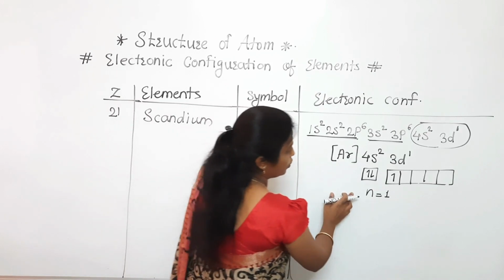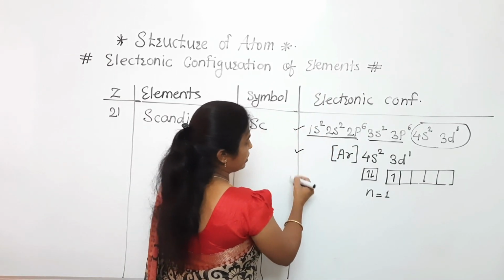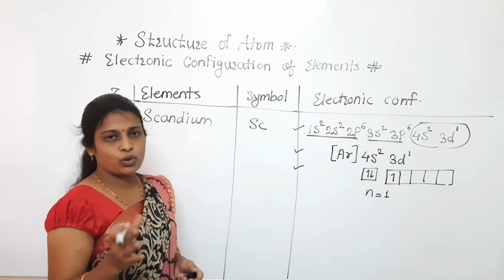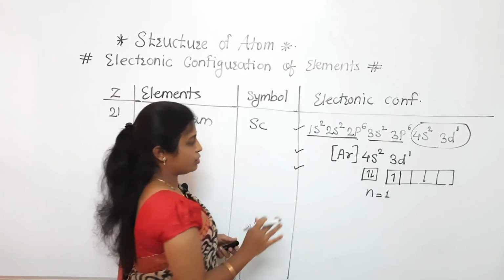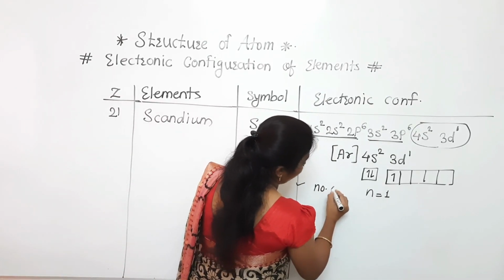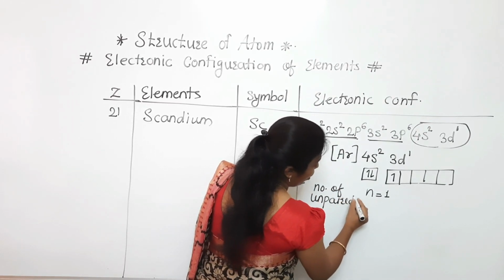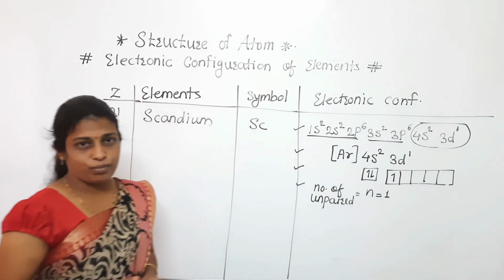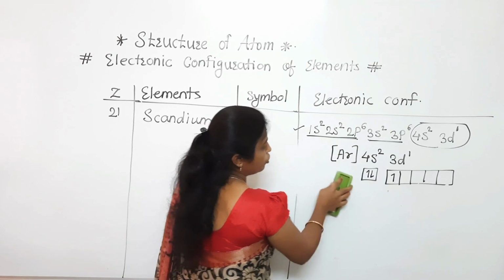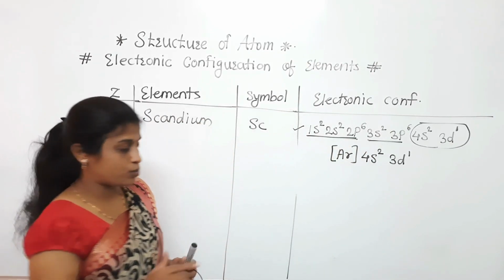So here we have calculated the electronic configuration in detail with the help of the inert gas, as well as represented it by following Hund's rule and Pauli's exclusion principle. And after that we have calculated the number of unpaired electrons also. Keep in mind that all these concepts are very important. So here we have completed the first one, that is the electronic configuration of the first element. Hope you have completed all these points with me.